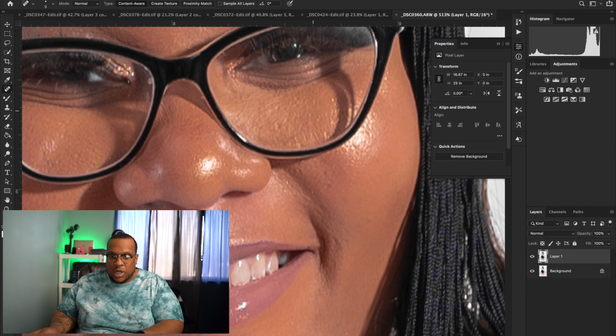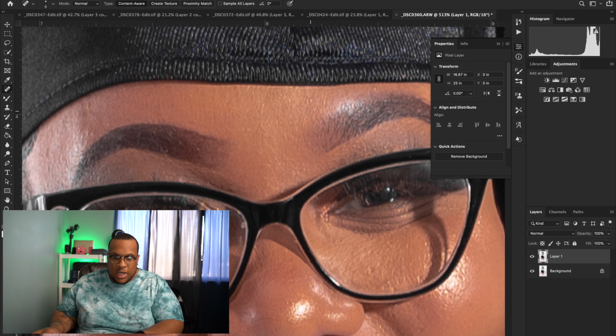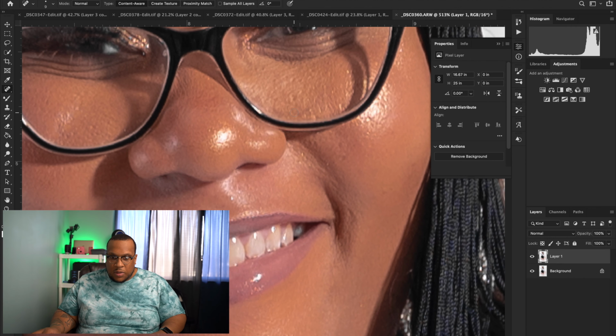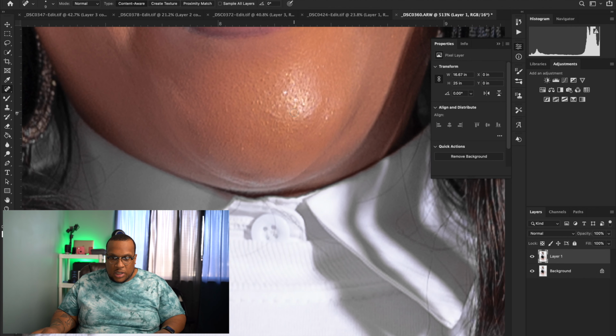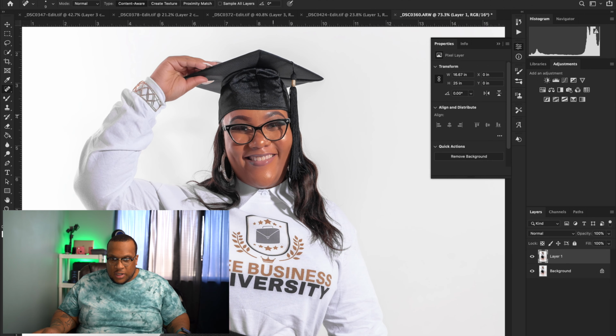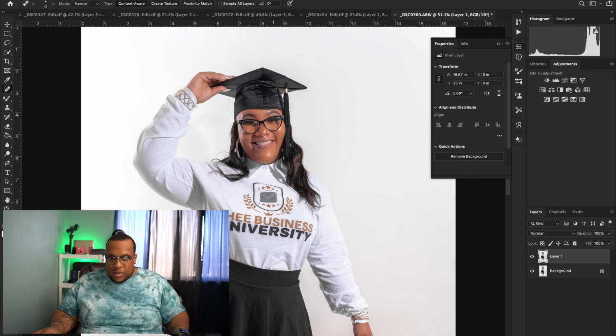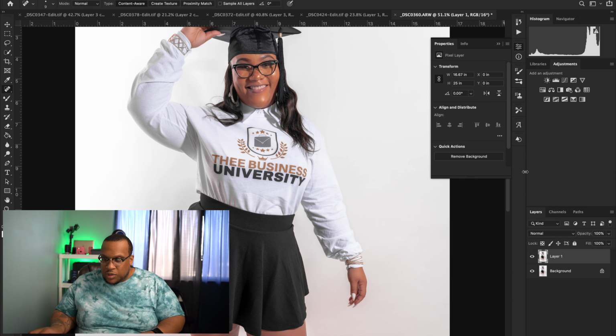Just try to make sure that all the strands that you do leave are going in the same direction as what most of the hair is going, which I'm going to show you in a second. So yeah, just little things, but actually I could leave those. Pores in the face. So you check out those blemishes, and I would just name my layer